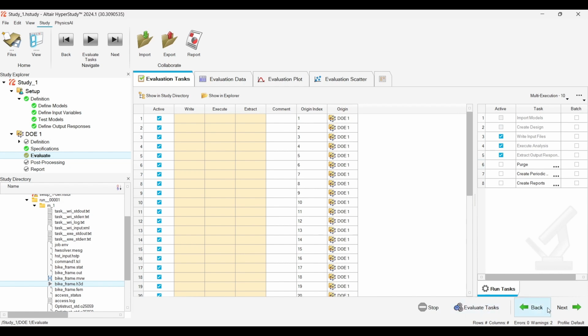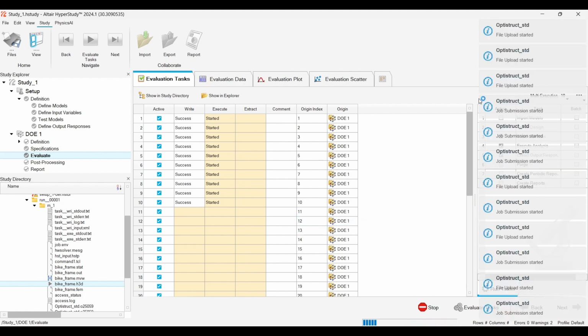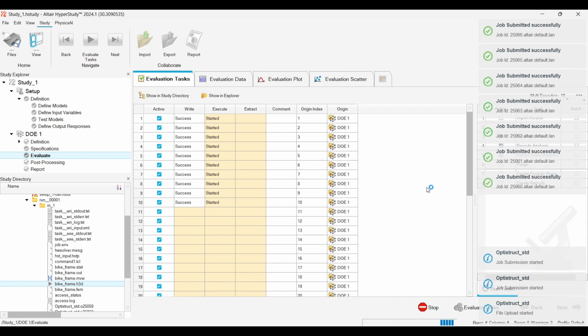Okay, and if I hit evaluate tasks, you'll see that the jobs, its input file will be sent to the cluster, it will be solved there, and then all the result files will be downloaded automatically in our computer. As you can see, I get these messages from the cluster, and I can continue solving the